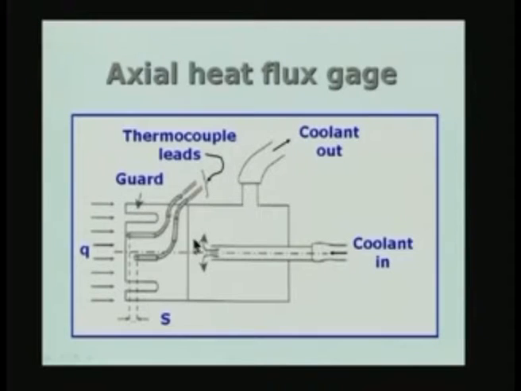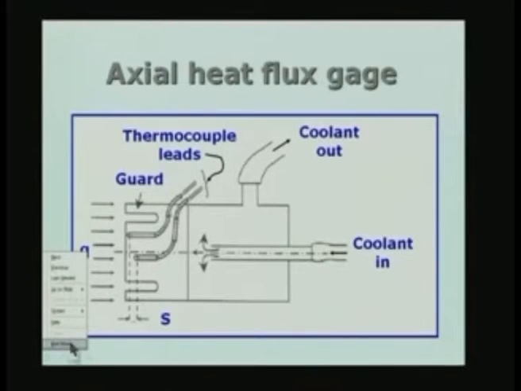That means that the surface here is at a lower temperature than the temperature to which this is subjected. Therefore, there is a temperature gradient along the length of the probe, and I am going to use the Fourier law of heat conduction to estimate the heat flux from the temperature difference which is measured, and knowing the distance between the two thermocouples, I can do that. But the point now is, what is the principle involved in this guard and the main probe? That is what I am going to discuss on the board.